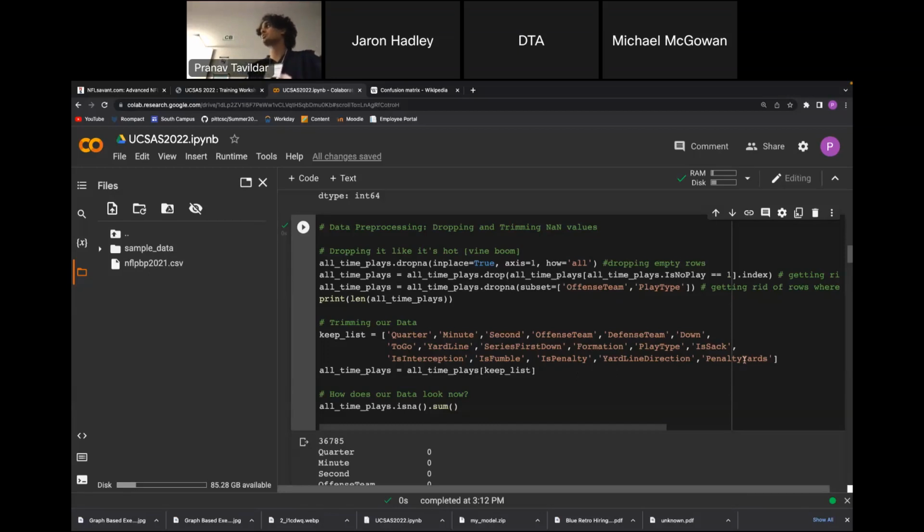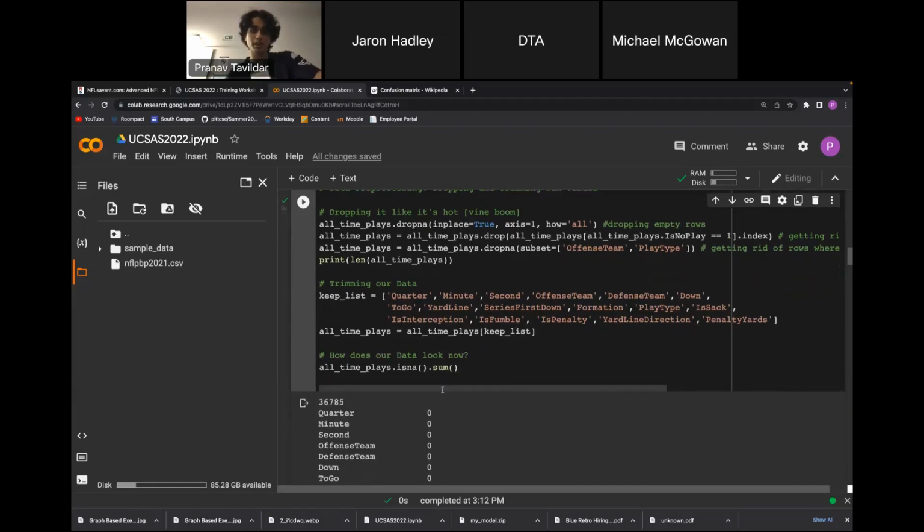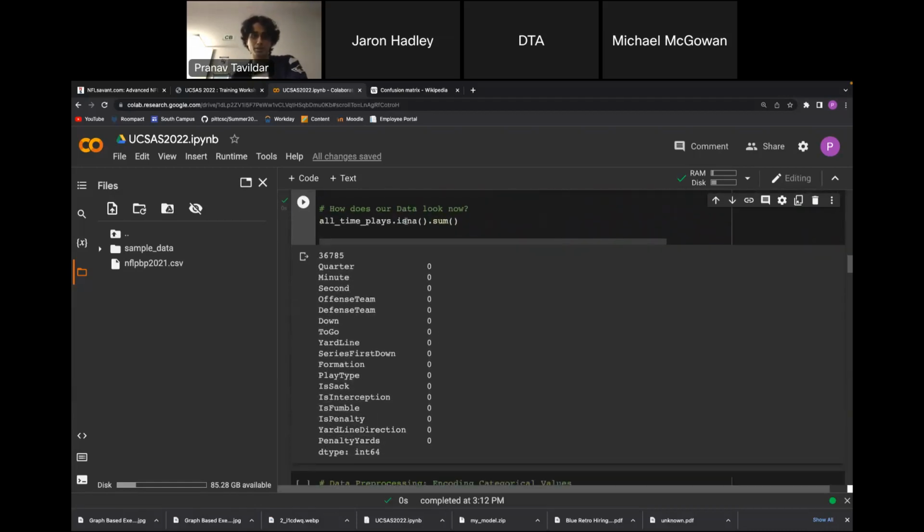So basically what we're going to do is trim our data. We're going to get rid of all the other columns, because a lot of them have data that we don't want to work with, because it either has too many non-number values or it's not really relevant. That is up to you when you're deciding your model, but since I'm making this model, we're following my rules. So we're going to keep these values. This is how you keep these values. And how does our data look now? We're going to look at the NaNs, and look at that, we have a value in every field.